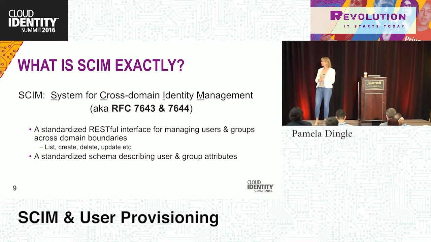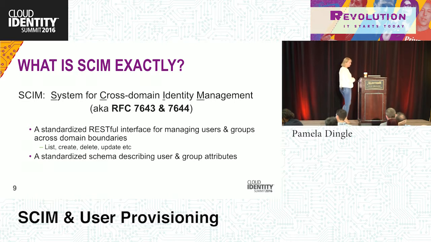It stands for System for Cross-Domain Identity Management, and I don't know if it's cooler to talk about it like RFC 7644. I don't know. You guys can decide. But what it really is, is a very simple REST API, but a standardized REST API. And we'll go through why that's important in a minute. The second piece, so one of those is really the protocol for asking and getting. The other one, 7643, is the schema that tries to actually describe what it is that you're asking for and getting.